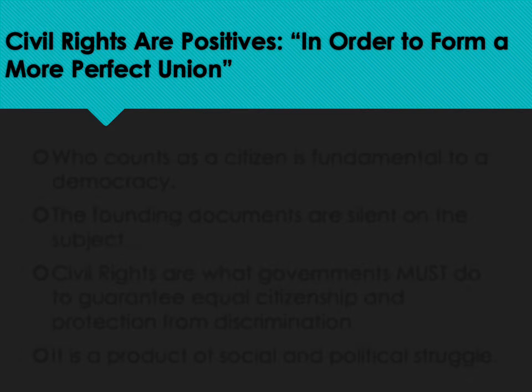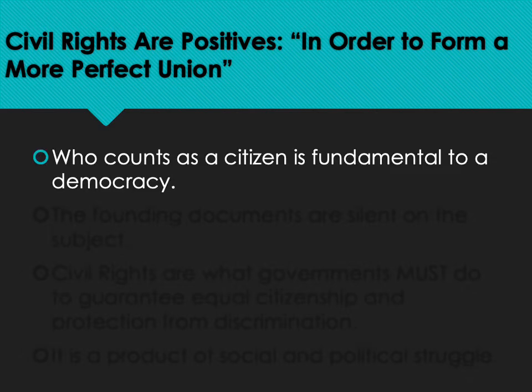And so civil rights is about defining who can participate in the political process and in civil society, who can vote, who can run for office, who can serve on a jury. Civil rights is also about defining how people are treated in employment, education, housing, marriage, and other aspects of American life. So when you think about democracy, rule of the people, who's considered a citizen is fundamental to a democracy. If we're saying it's government of, for, and by the people, well, who are the people and who are granted the civil liberties and the civil rights of participating in this democracy?